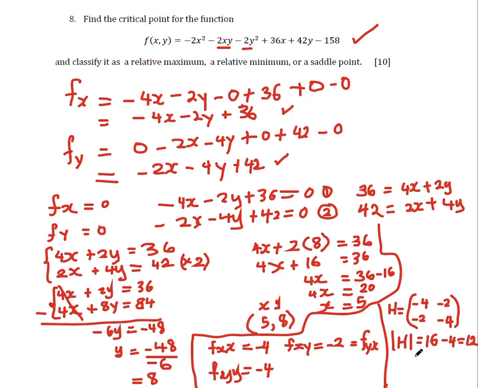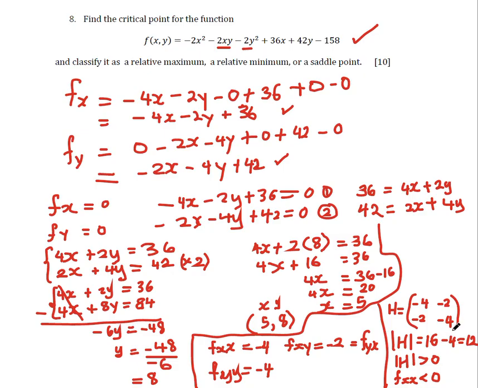So we have reached the ultimate stage now where we can determine that since the determinant of H is greater than 0, and fxx is also less than 0, remember we found fxx to be negative 4, and the determinant of the matrix here is 12, which is greater than 0, then we conclude that we